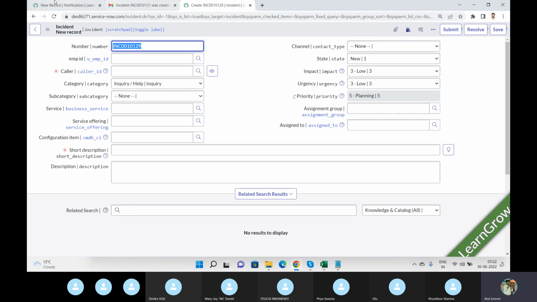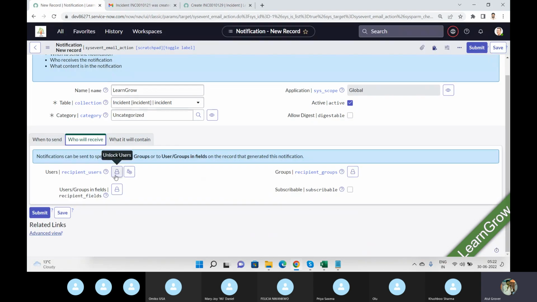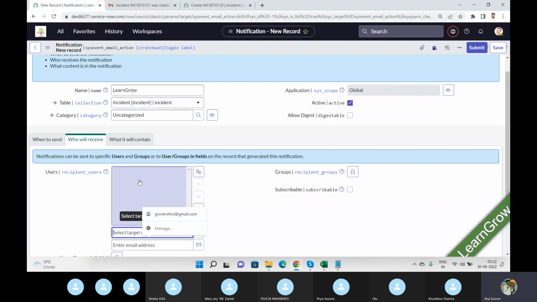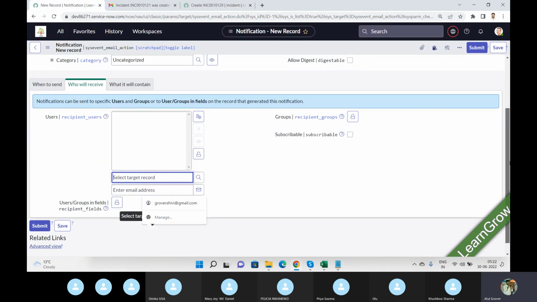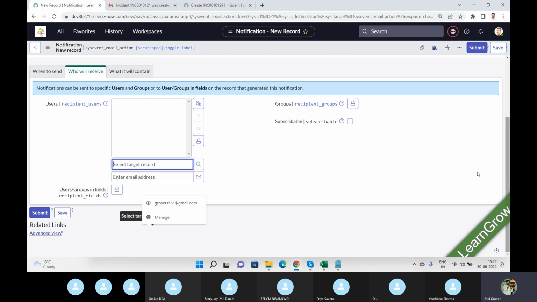So what I will do, I'll go here and click on this icon. Which user do you want? Do you want to put a specific username? I said okay, if any incident has been created, the email should go to Khushbu Sharma, whether it is relevant or not. But let's take an example. In your offices, when you apply for a leave, what happens? The email is triggered to your manager